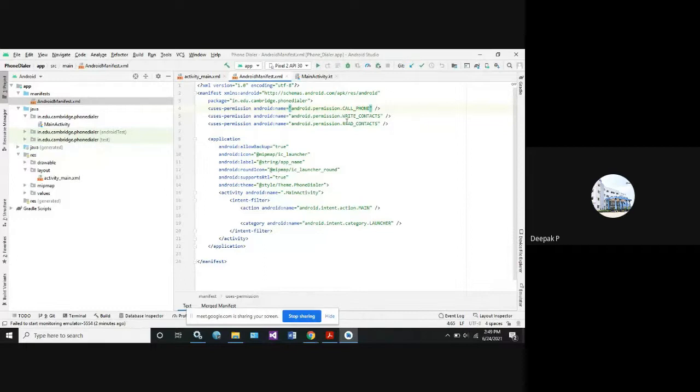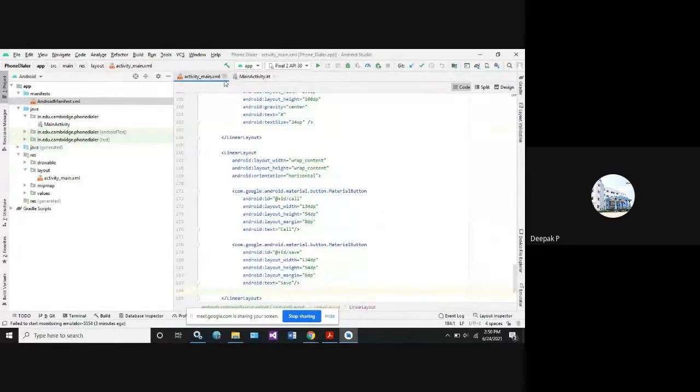Okay. Next, we have to write our data or save the contact numbers. So for that, we have taken the field called WRITE_CONTACTS. Next, suppose we want to read the contacts in the phone contact library. For that, we have taken READ_CONTACTS. If you want to delete a contact number, you can take another user permission, Android name permission dot DELETE_CONTACTS. So this is the one important thing you should remember here: whenever we want to access services from the user, at that time we need to give the permission here.